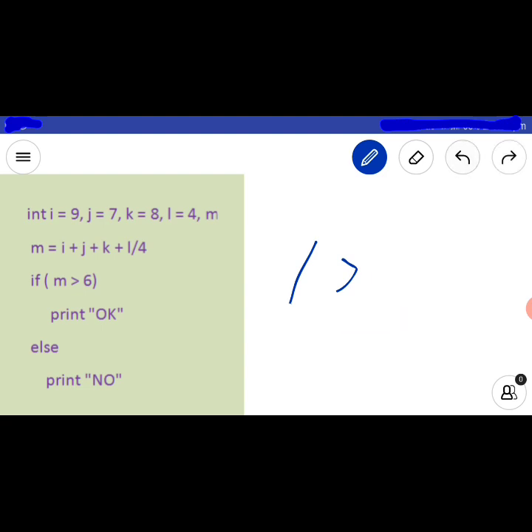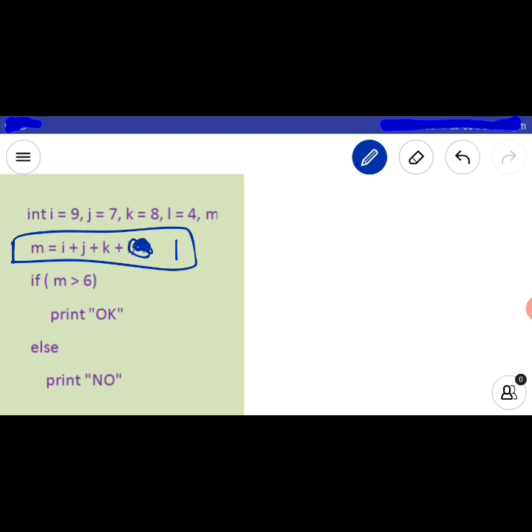Okay, so let's solve l float 4. The current value of l is 4 and 4 by 4 is 1, right? So one thing we can do is, here we will put variables as i plus j plus k plus 1.